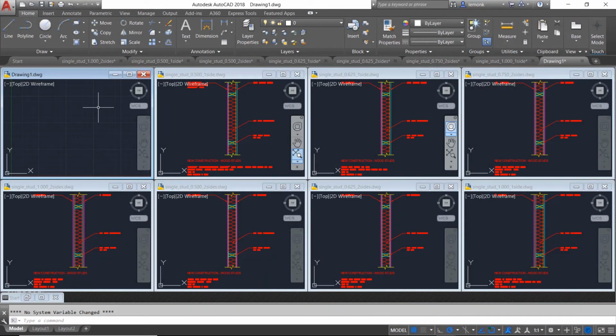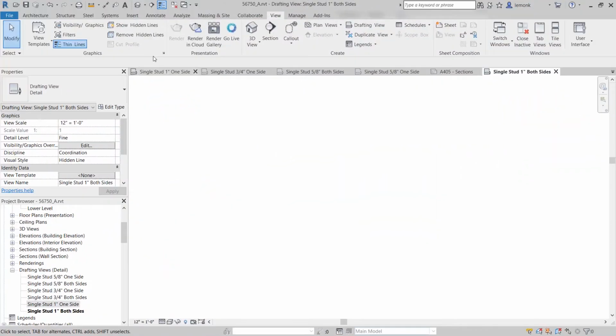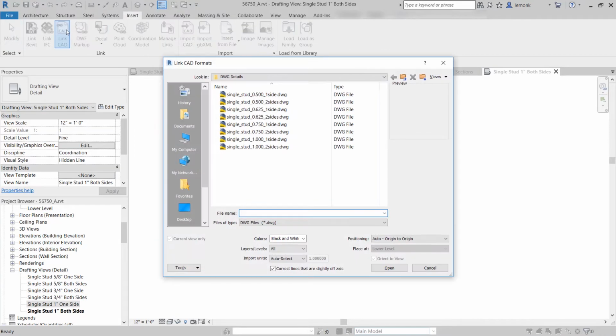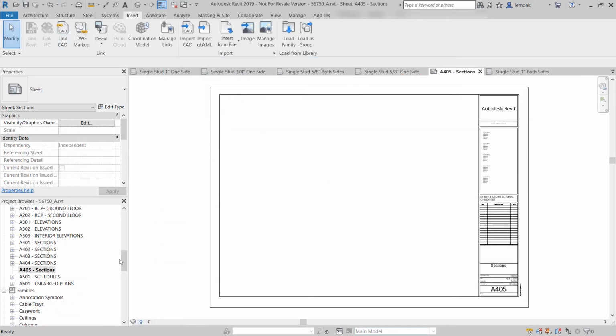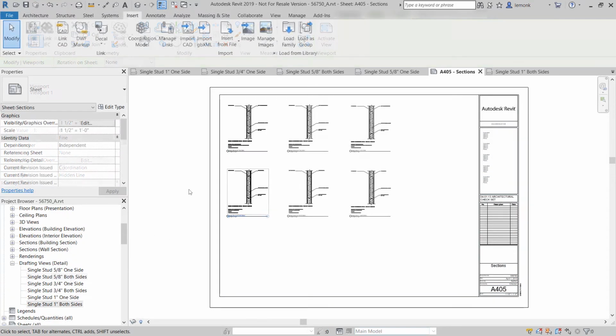Customers with the AEC collection can use a combination of AutoCAD and Revit-based deliverables with BIM 360 Docs to deliver accurate documentation for all project members to access. In this workflow example, a designer has an existing library of AutoCAD details that they'd like to leverage on a project that requires Revit. Rather than recreating this extensive library of details from scratch, the designer simply inserts them into